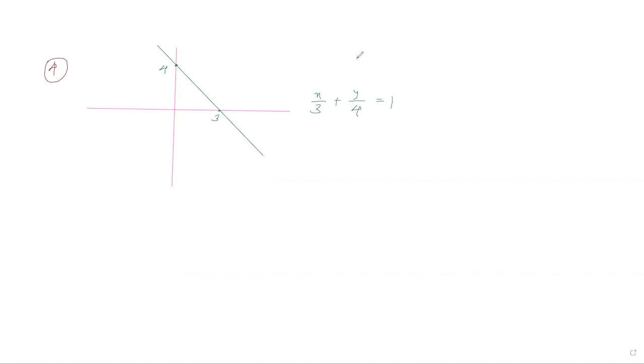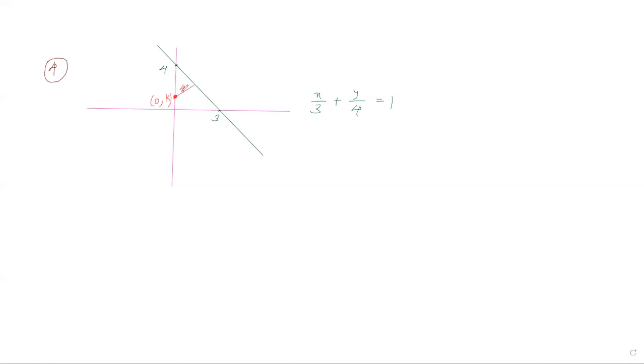So what are the points on the y-axis? We need a point on the y-axis. Suppose here is some point, we don't know, rough picture. What are the points on the y-axis whose distance from the line is 4 units? So this distance should be 4 units. That point we don't know. That point is some (0, y) or (0, k) or (0, a), whatever you can take, because that's the point.